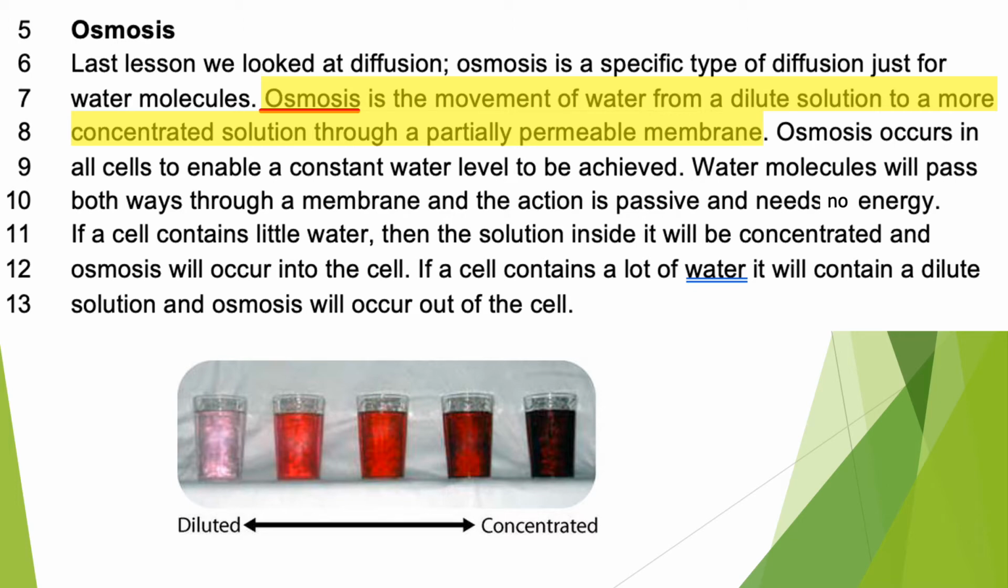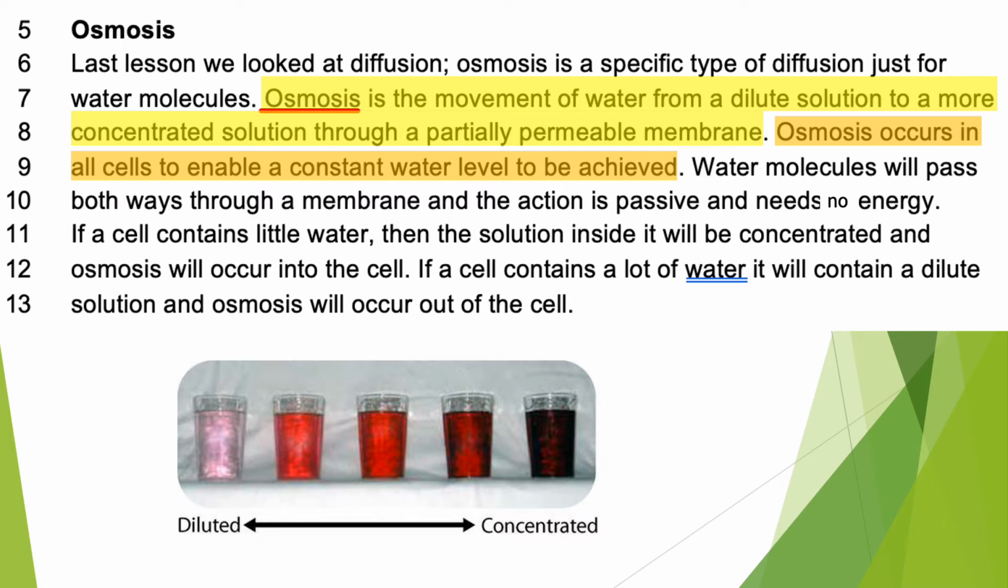Okay. So, where does osmosis occur? Well, osmosis occurs in all cells to enable a constant water level to be achieved. So I want to focus on this term constant. If something is constant, that means it's the same everywhere. So you can say that breathing air is a constant, because everyone has to do it. In this term, where it says osmosis occurs in all cells to enable a constant water level,